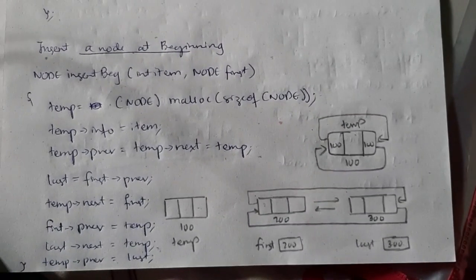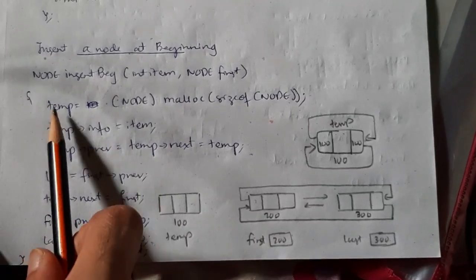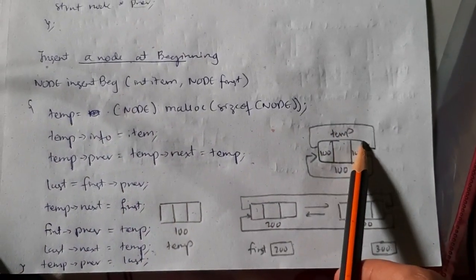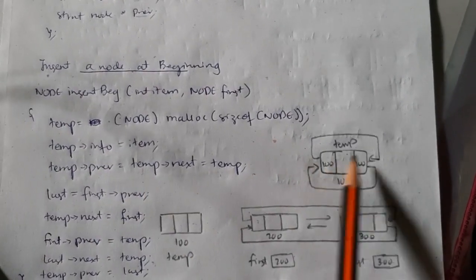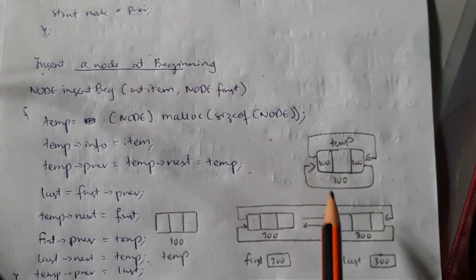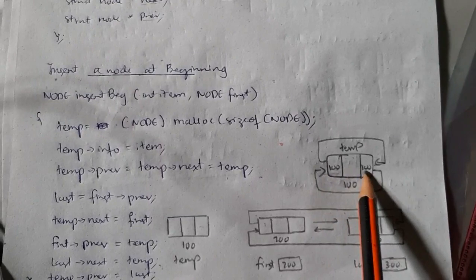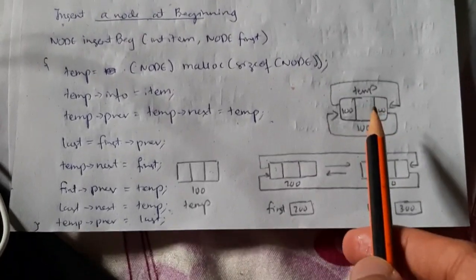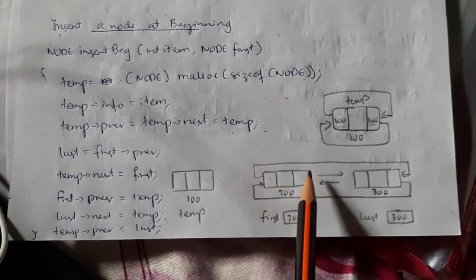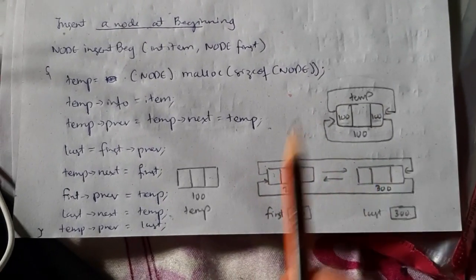And if you have to insert the node at the beginning, what you will do, temp is equal to, you will allocate a memory for the temp, and then you will assign the previous and the next location as temp only, because since you have only one node, right? So the previous location and the next location will be pointed to the same node. Then if you have to insert a node at the beginning, and there are many nodes here, okay, what changes